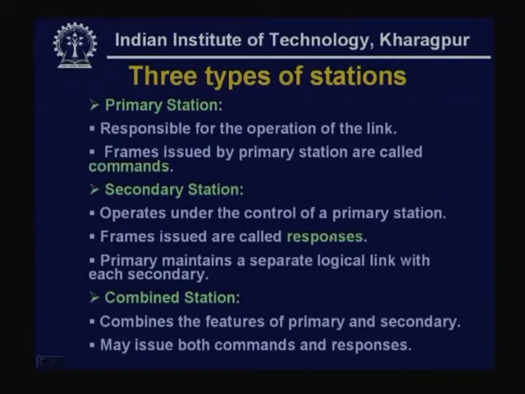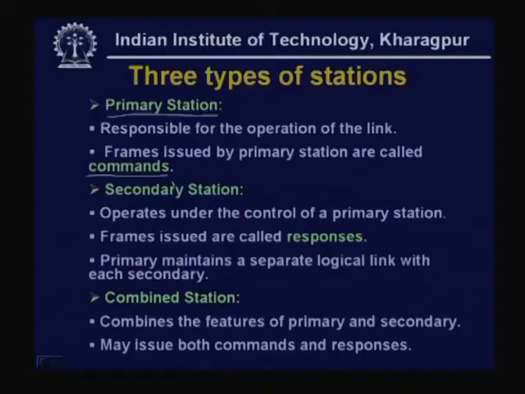There are 3 types of station. The first one is known as the primary station. The primary station is responsible for operation of the link, so it acts as some kind of master, and frames issued by primary stations are called commands. That means the primary station acts as a master when data communication takes place between 2 machines, and whatever is issued by the primary station is called commands. On the other hand, a secondary station operates under the control of the primary station, and frames issued by secondary stations are known as responses. So, commands are issued by the primary station, responses are issued by secondary stations,